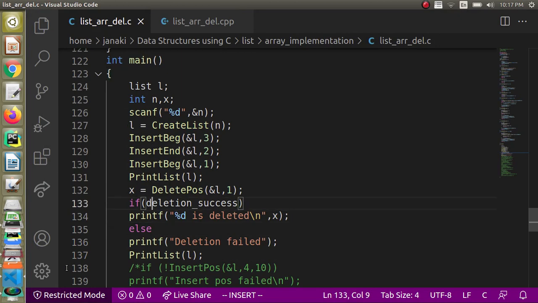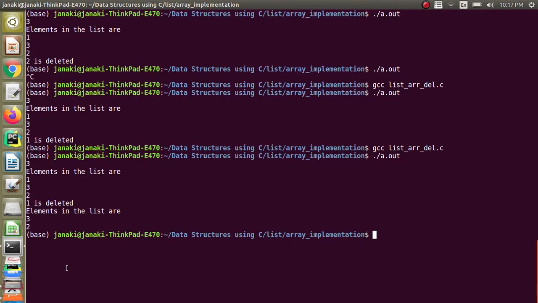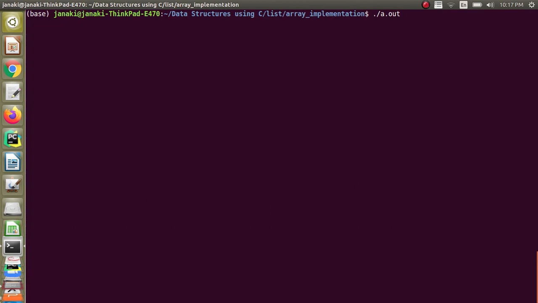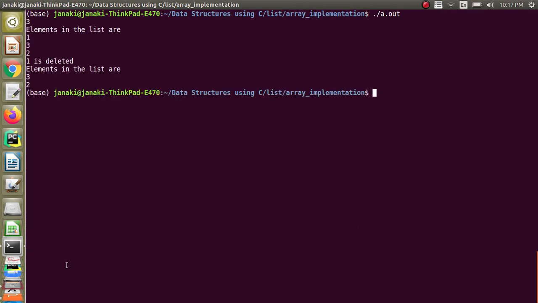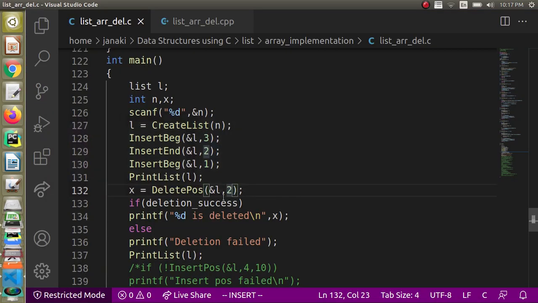Now let me give the position as 2. 2 is also a valid position, so it will remove the element. When you have got 1, 3, 2, it will remove the element 3. Let us try that. 1 is deleted. Which position have I given? I have given 2.